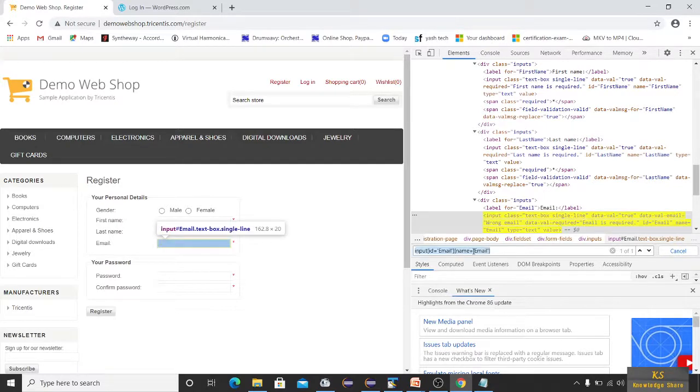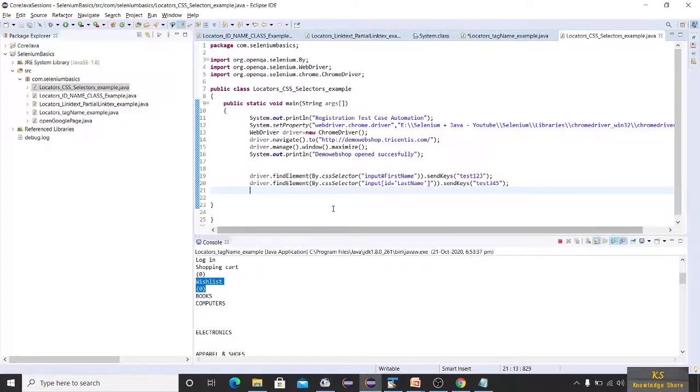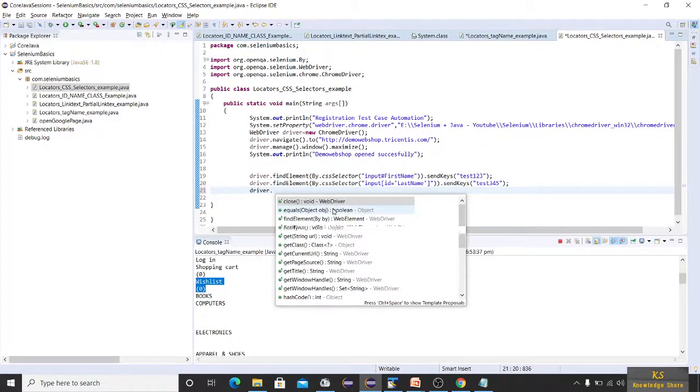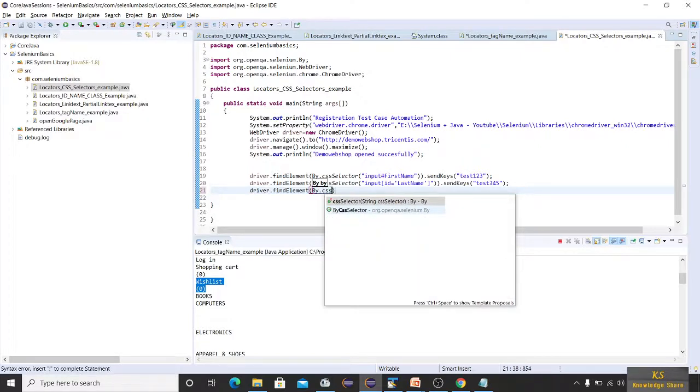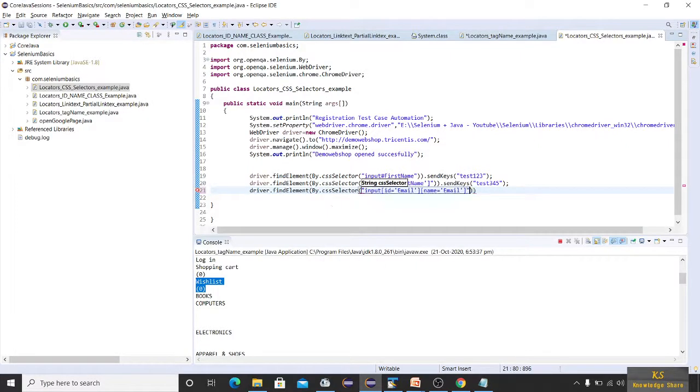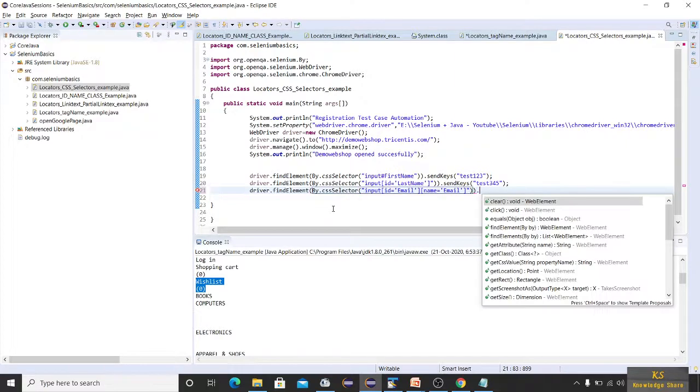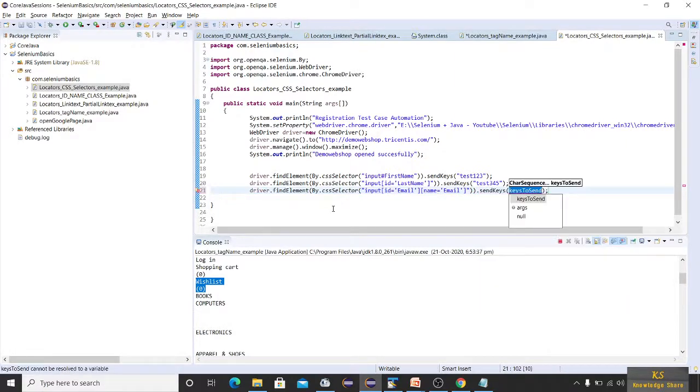It is found. So let me use that in my program. Driver dot find element of by dot css selector of, dot send keys of some email address, test@gmail.com.